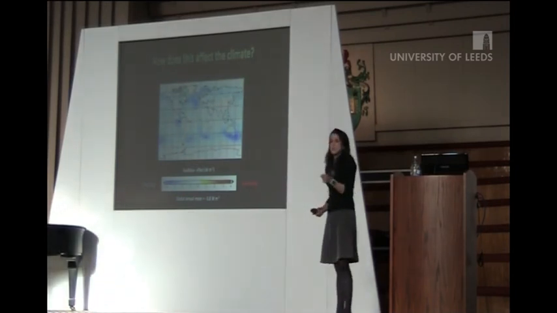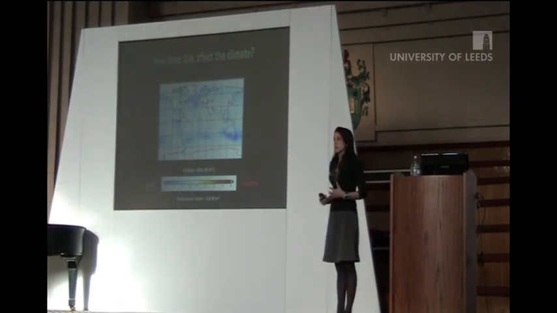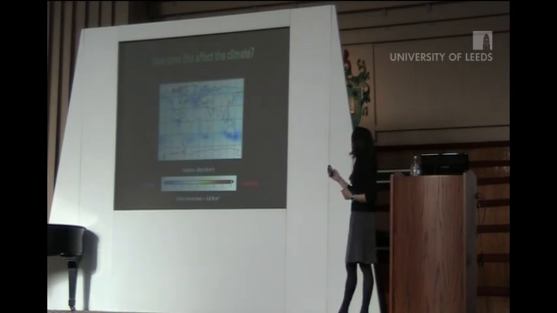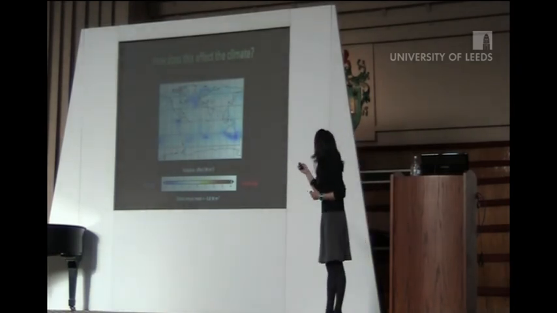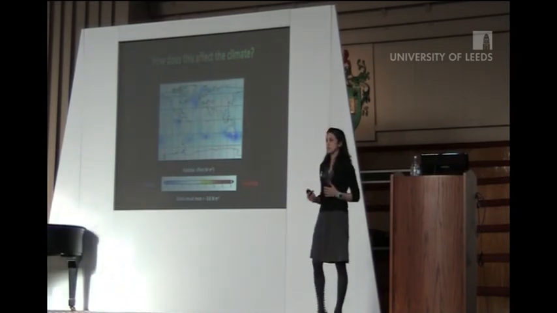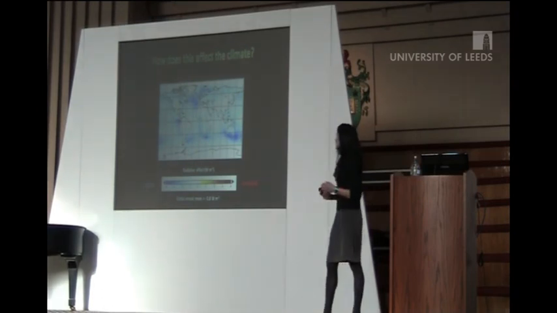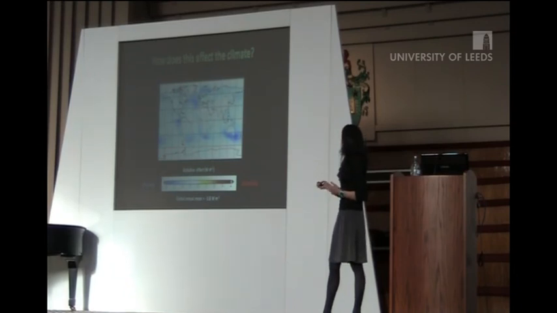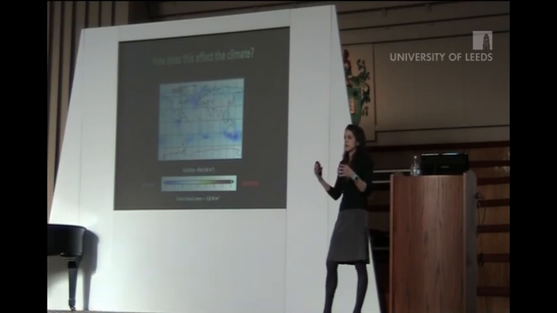So the other important thing that we need to think about is even though we've got more cloud-forming particles, the effect is only significant in regions where there is a lot of cloud that we're able to perturb. So you can see that it's across the planet, it's not a spatially uniform effect. So in some regions, there'll be more cooling as a result of this than others. But we can take a global average of the effect, and that gives me a cooling effect of almost 1 watt per metre squared. And that's how we quantify changes in energy fluxes within the atmosphere.